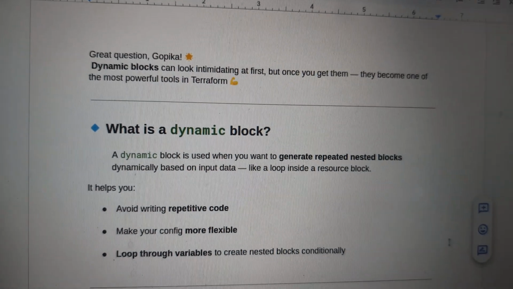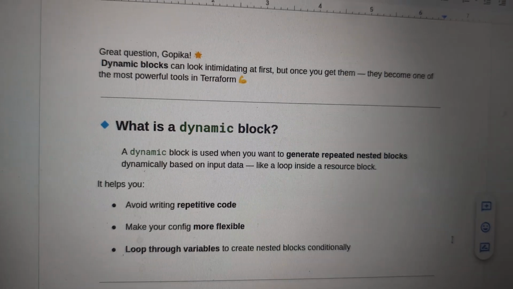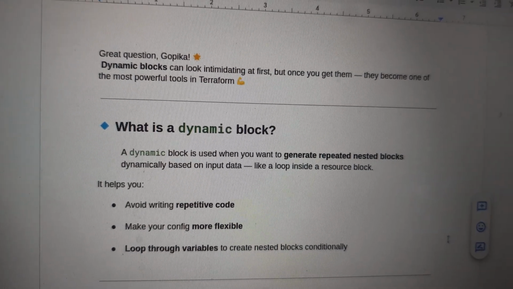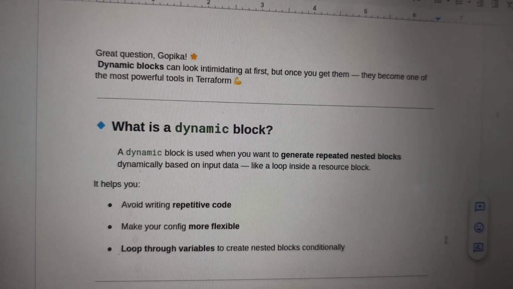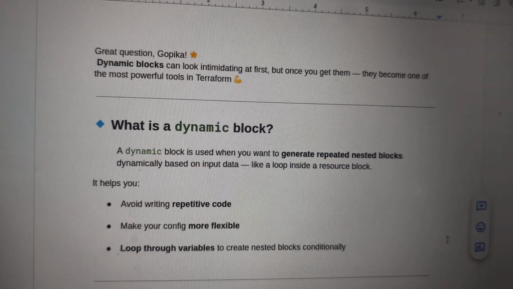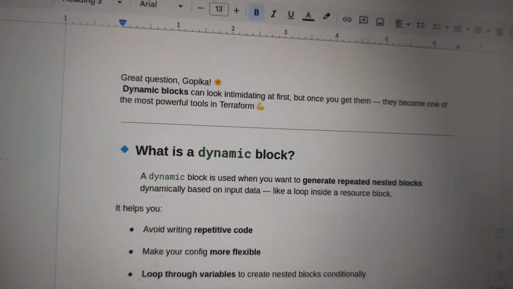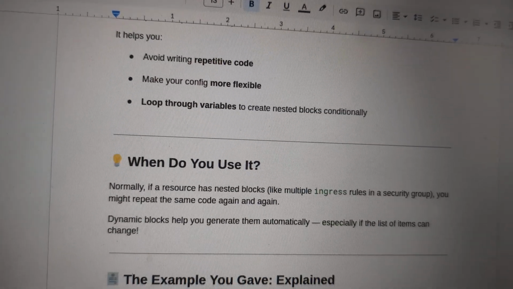The next section of Terraform is dynamic blocks. So dynamic blocks are used when you want to generate repeated nested blocks dynamically based on input data, like a loop which is inside a resource block. So let's do this with an example. So here, if you have a resource,